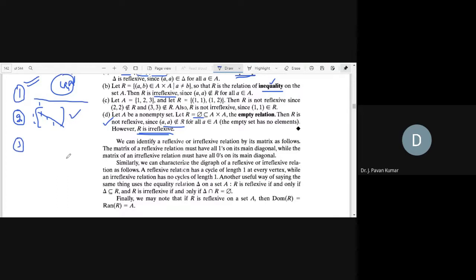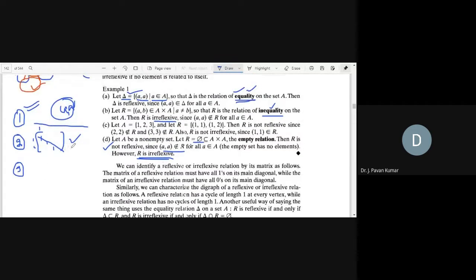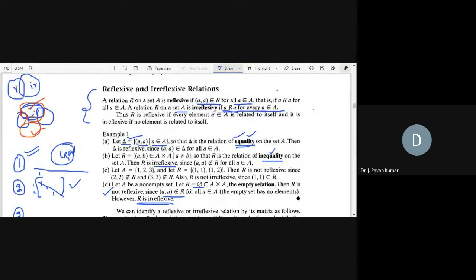Next, what is the third representation for a relation? In 2-3 classes we have discussed this. Not symmetric. Third representation of the relation. A relation can be represented in the form of tuples, in the form of a matrix. Another one is a graph. What kind of graph? Digraph, right? Directed graph. So by using a digraph, how can we identify whether the relation is reflexive or irreflexive?